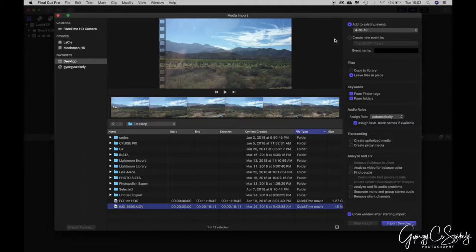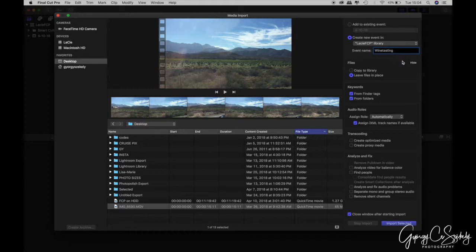Now on the right side of the screen, it's asking me if I would like to add to an existing event, or create one. So I'm going to create a new event. Whenever you add a new project, you would like to create new events so they have their own names. Otherwise, on the left side over here, you will notice that it will place it in this particular event. That's what it wants to do. But no, you want to create a new one, and I'm going to name it